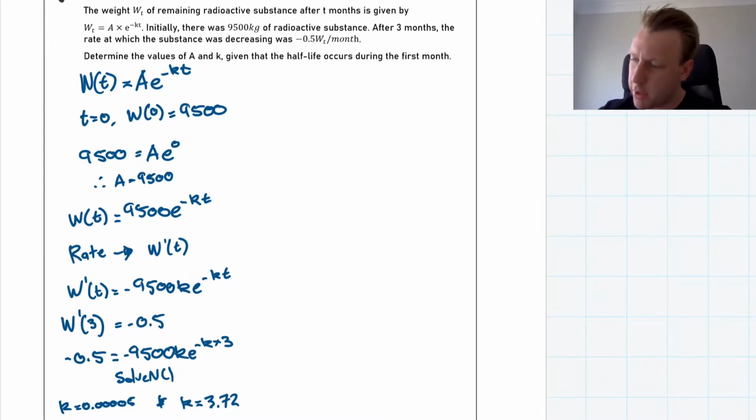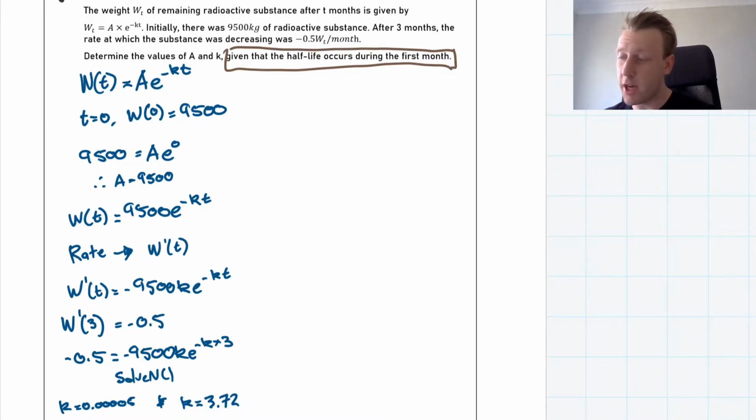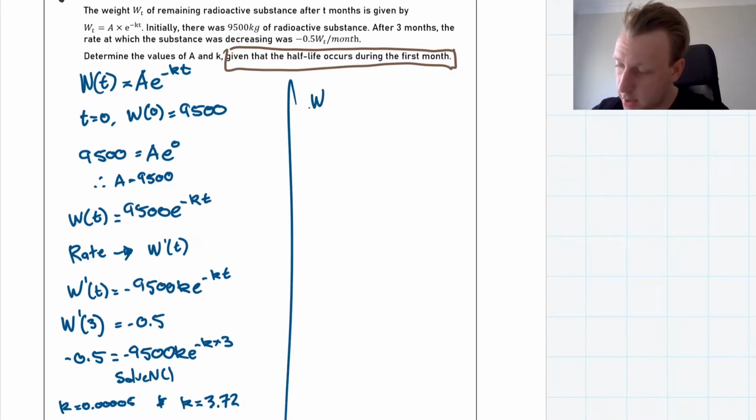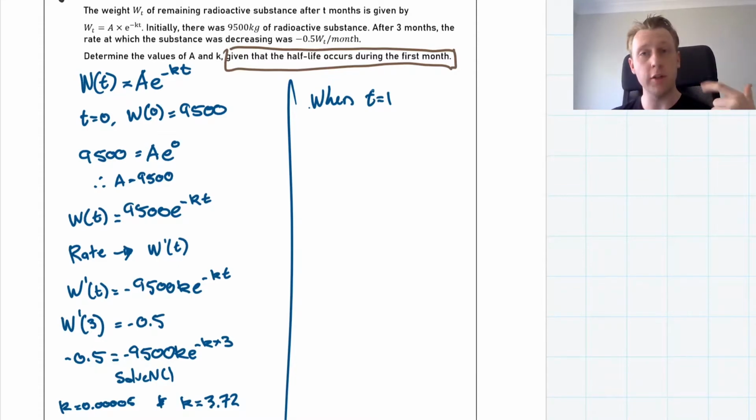Now, reading on from this is the piece of information that's going to help us accept and reject. So it says, given that the half-life occurs during the first month. That means the weight of it is going to be halved by the time when t is equal to 1. So when t equals 1, if that's less than 9,500, then that's the solution we're going for. So we've got our value for A, and we just need to work out for K equals